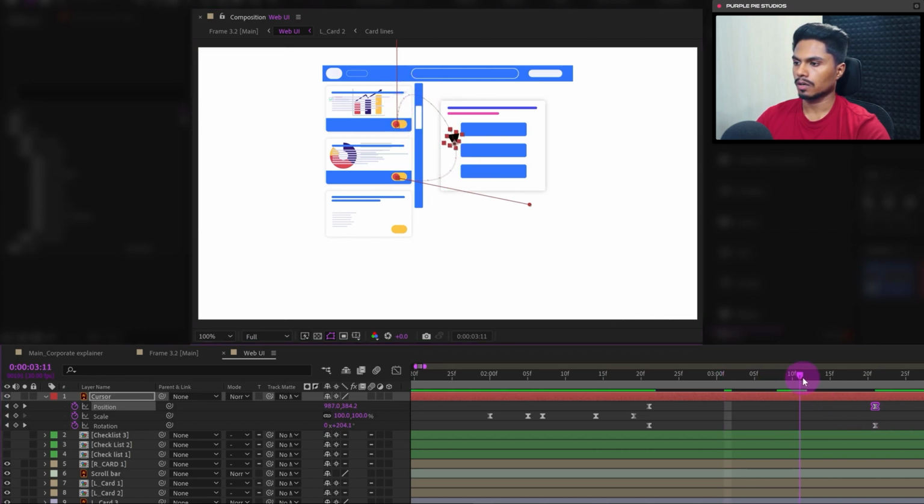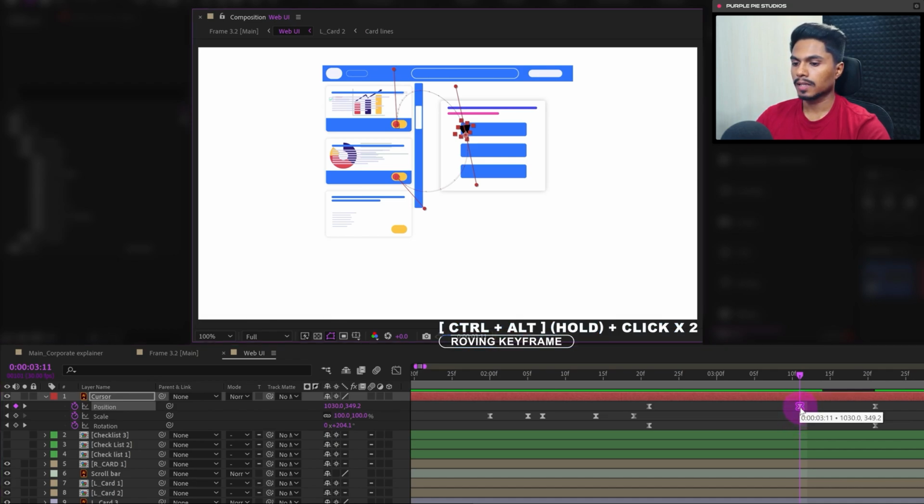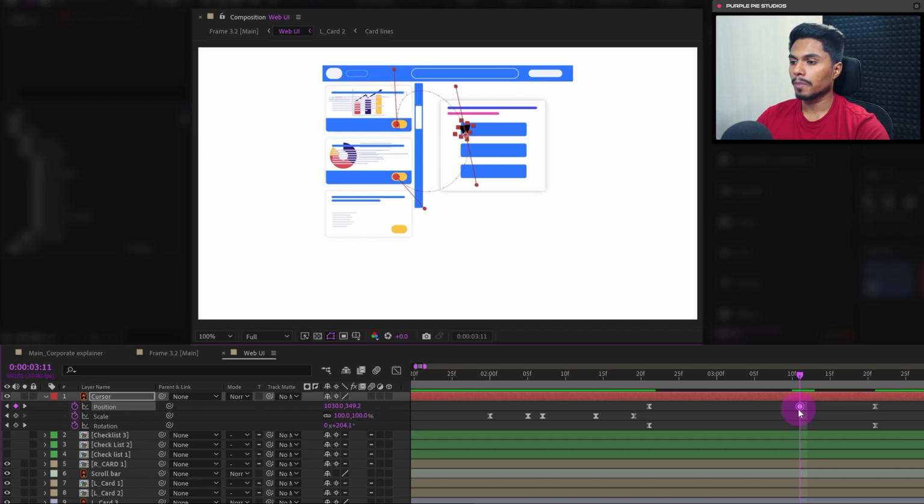And in between, if you want, you can even add another keyframe like this to make the overall curve smooth. And also make sure the in-between keyframe is a roving keyframe. That means there is no acceleration or deceleration in this keyframe. So for that, just press and hold the control key plus the alt key on the keyboard and click on it 2 times, not double click, just click on it 2 times with a little bit of pause in